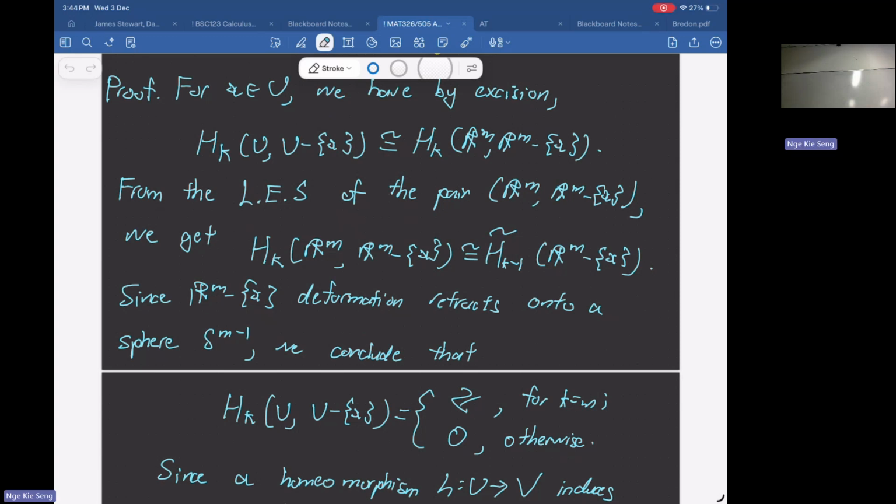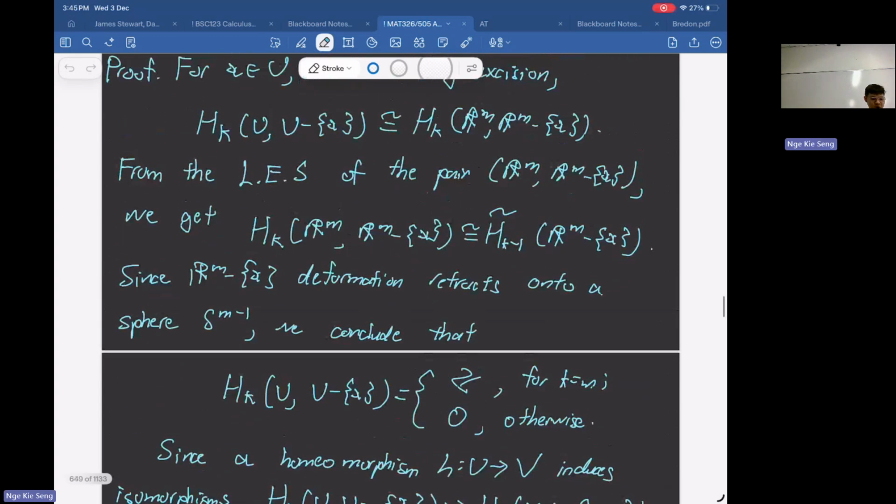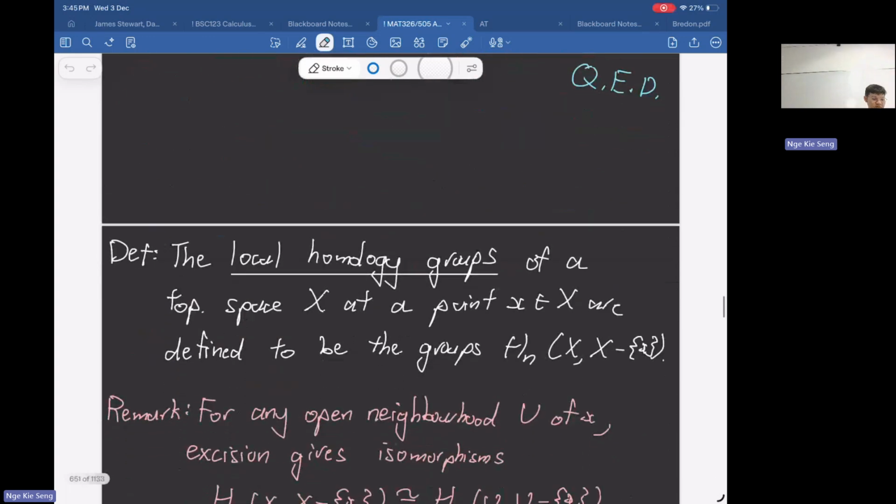Okay. So if these two open sets are homeomorphic, their homology has to be isomorphic, so the non-zero case has to happen at the same place. So let me go. Okay. Make sense? Okay. So this motivates